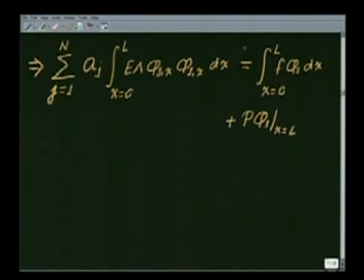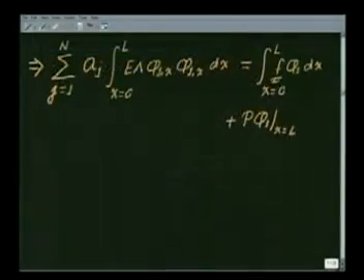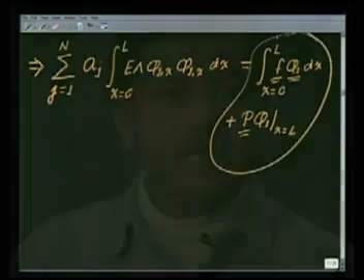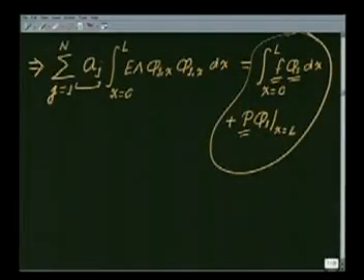So I have taken the other part to the right hand side simply because you see that f is a known, the phi 1 is a known, p is a known, and phi 1 at x equal to L is also known because we know the expression for the phi 1, which is nothing but x. So x evaluated at L we know. So all the knowns have been brought over to the right hand side. What is the unknown? Unknown is aj, which remains on the left hand side.